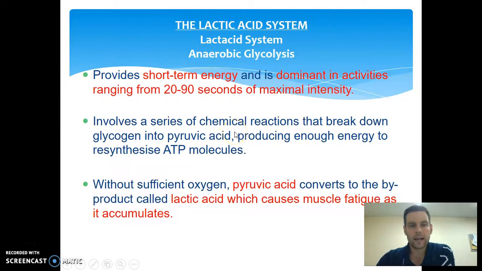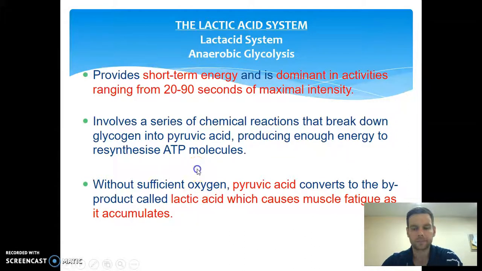Going on with the lactic acid system, it provides short-term energy. It's dominant in activities ranging from 20 to 90 seconds of maximal intensity activity. It involves a series of chemical reactions that break down glycogen into pyruvic acid, producing enough energy to resynthesize 2 ATP molecules. However, it's important to note that without sufficient oxygen, pyruvic acid converts into the byproduct called lactic acid, which is the thing that causes muscle fatigue as it accumulates. Lactic acid, as well as the production of hydrogen ions,